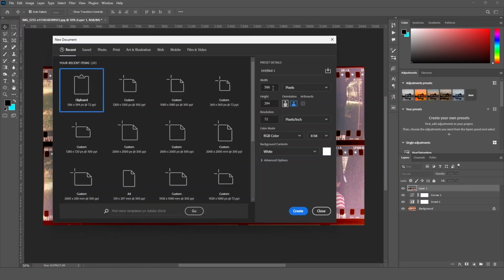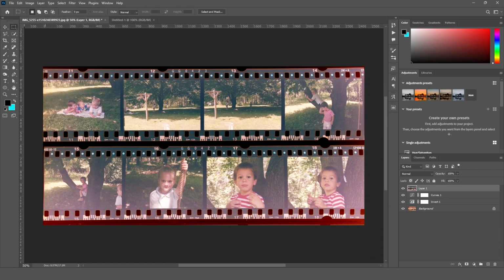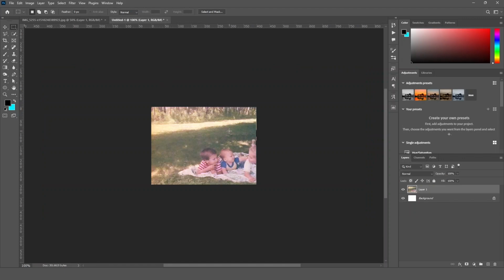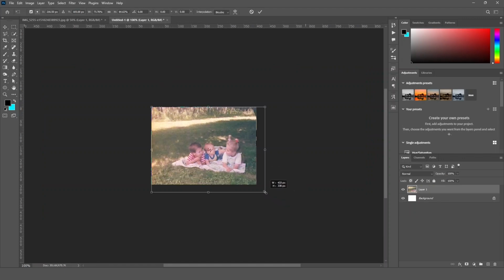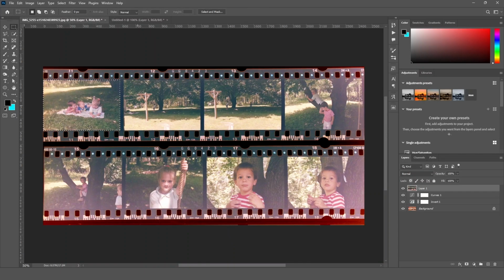Now create a size of 400 by 300 pixels like this and select the area. Now Ctrl+C to copy and Ctrl+V to paste, or Ctrl+T to resize it like this. Or the second option is you can use as well like